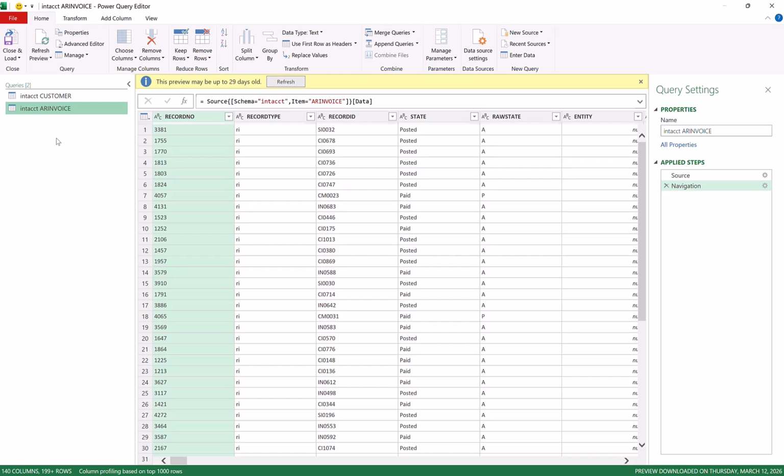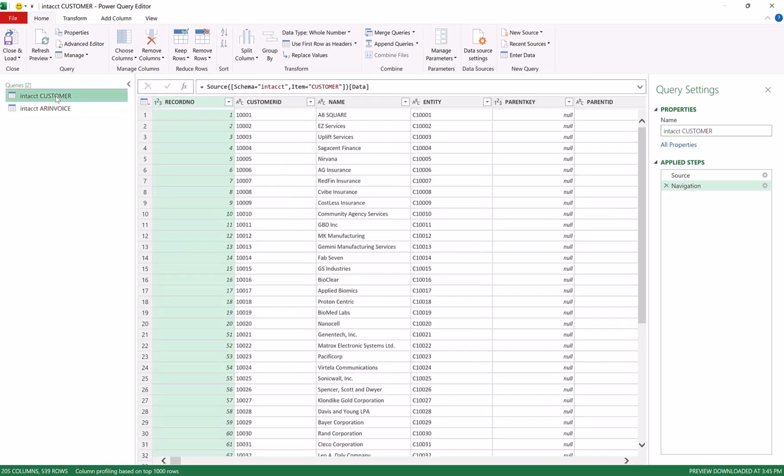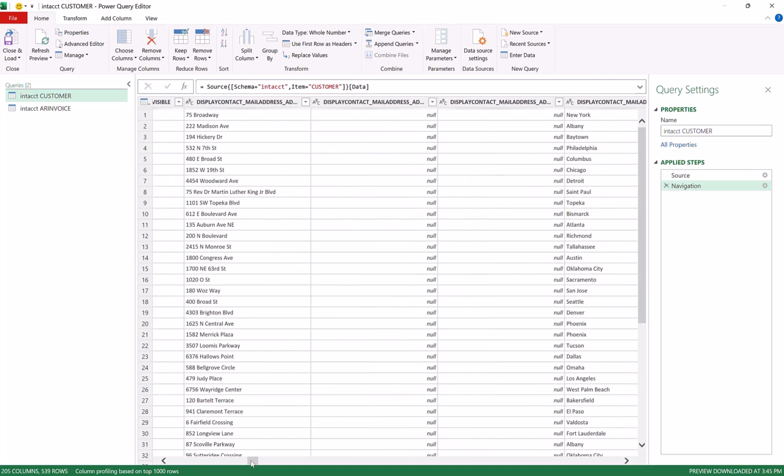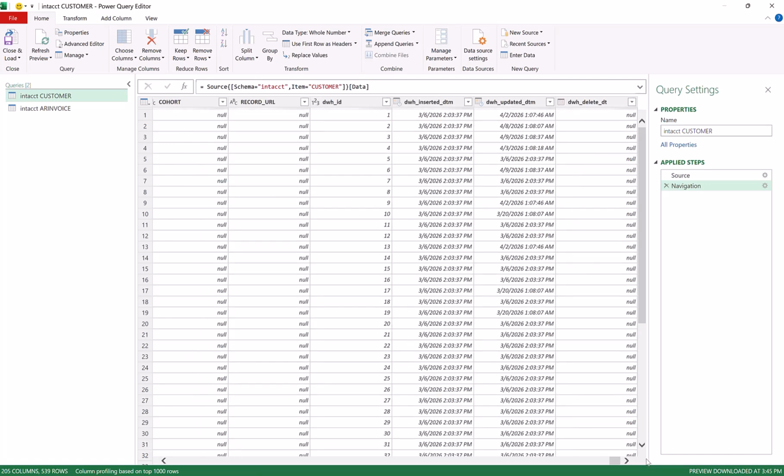All right, so those tables are now in the query editor. So here's customer, and you can scroll over to see all of the columns. Now, the reason why I like to start out in the query editor here is because typically you'll want to do some cleaning up of your data before you actually load it into the data model. And where do you do that? You do that in the query editor. So if you want to remove unnecessary columns, or if there are fields that need their data type changed, you can do that here. So for example, if I just scroll over here,